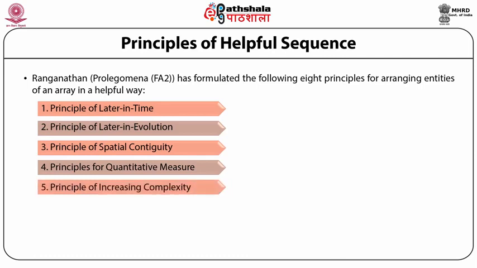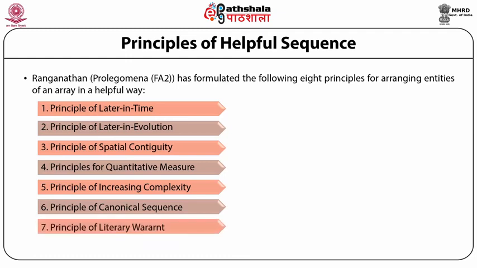Principle of increasing complexity, though they should be arranged in varying complexity in some set order. Principle of canonical sequence is a classic and traditional sequence. Principle of literary warrant means the principle of popularity. Most popular is to be given first place, and the entities may be arranged in the order of their decreasing